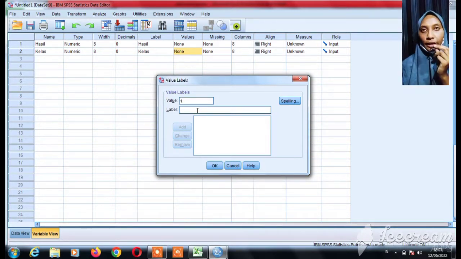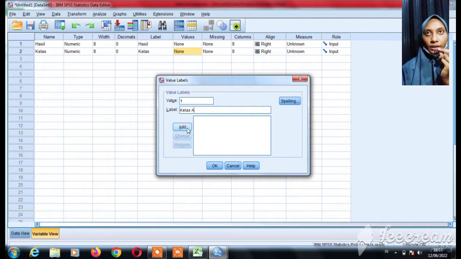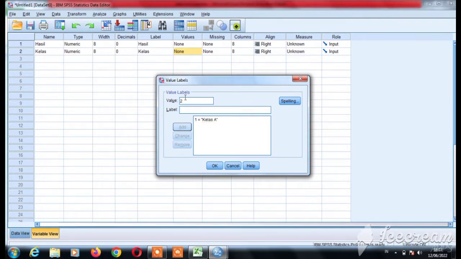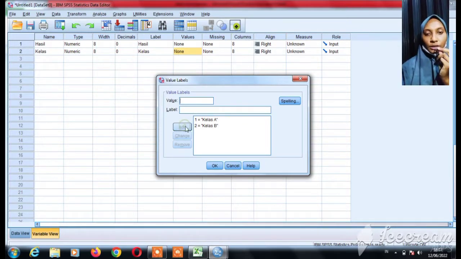Then we fill it again with value 2 and label class B, and then we click Add. Then we go back to the data view.